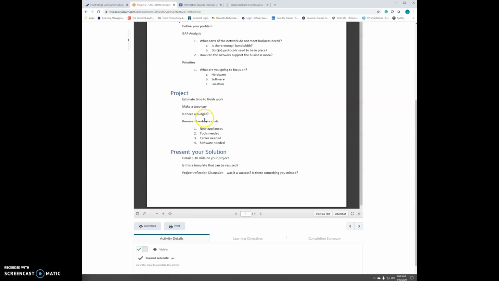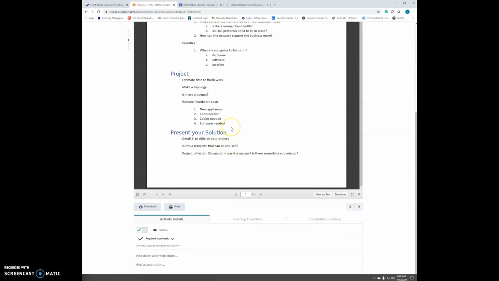Was there a budget? I guess there could have been. I definitely didn't want to spend like $1,000 or $500, so I had to say, okay, what's out there? I did a little research to see what would work. Definitely look at appliances. I didn't have to look at tools so much. I definitely had to look at cables or make cables. It also has its own software that helped find it, which I did not use because I just started accessing it through its internal IP, and made sure that the external cloud access was definitely off. Once again, another security step.